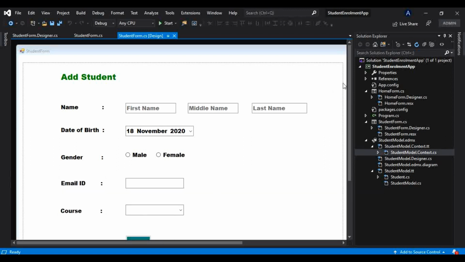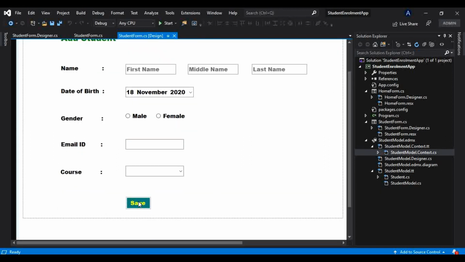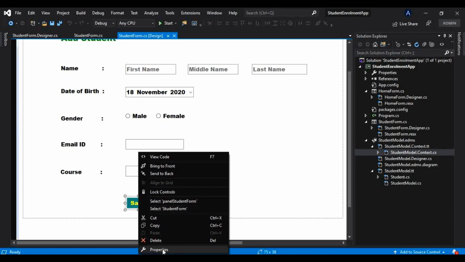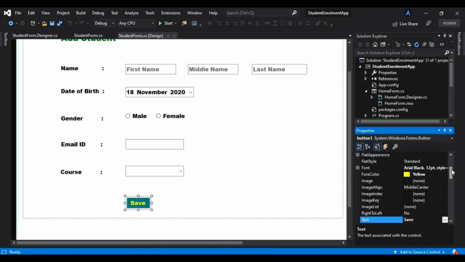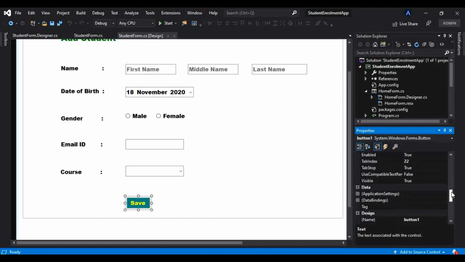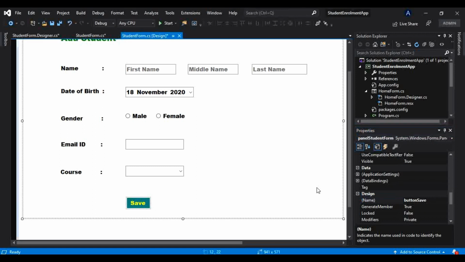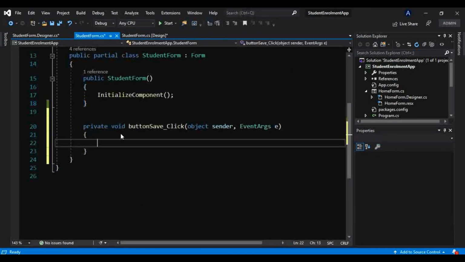I will change the name of this button to buttonSave, so that it is more meaningful. Now if I double click on this button, the event will be generated here, that is the buttonSave click event.